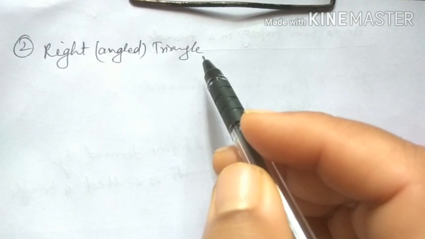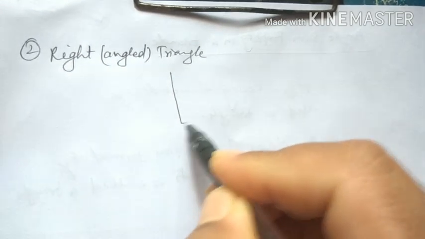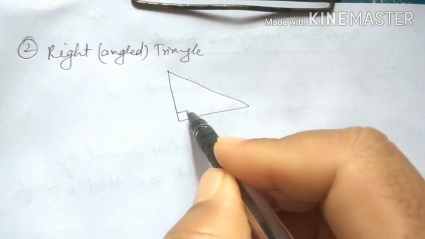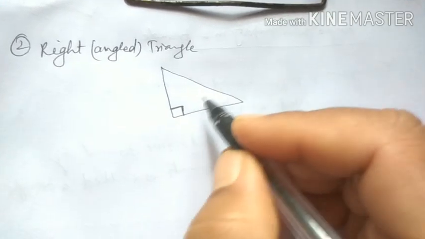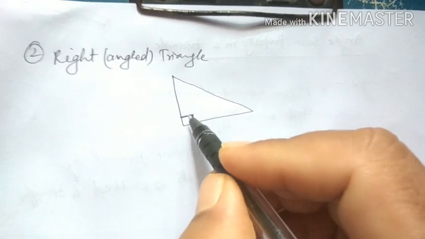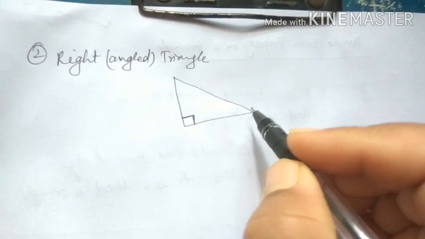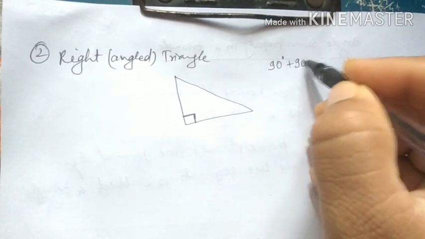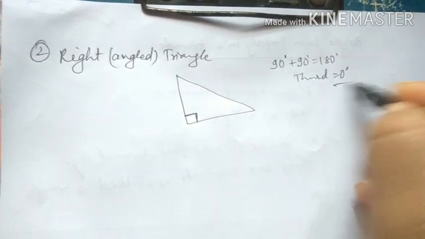So this type of triangle is called an acute triangle. Now the right angle triangle. What is a right angle triangle? A triangle in which one of the angles is 90 degrees is called a right angle triangle, or simply a right triangle. And we know that in a triangle it is not possible that more than one angle will be right. At most one angle can be a right angle. Because if two angles were right angles, the sum of two angles would be 180 degrees, so the third angle would be 0 degrees, and that is not possible.